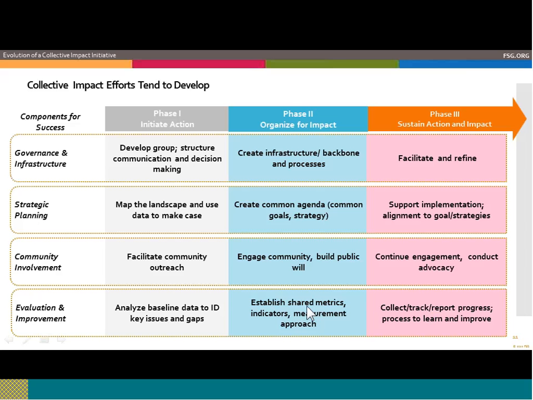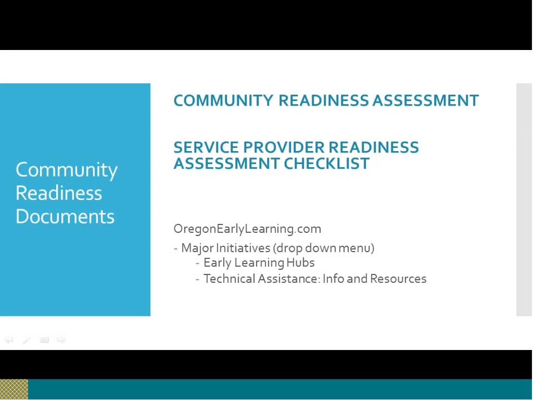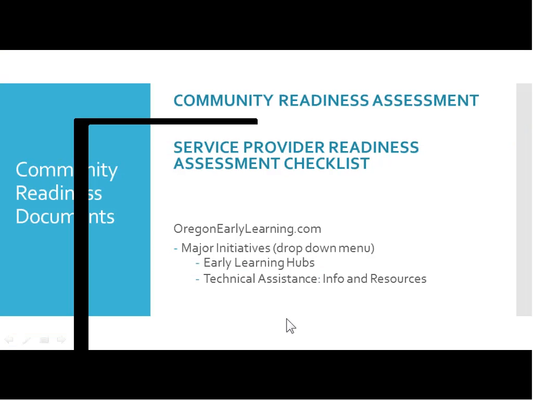So another resource to note are a couple of tools to assess your level of community readiness. One is called the Community Readiness Assessment, and that's to assess your level of readiness as a community and as an emerging early learning hub. The second is the Service Provider Readiness Assessment Checklist, and that's designed to assess the readiness of potential service providers or existing service providers that you would like to contract with or work with through your early learning hub. You may have received this through an email that was recently sent out with a request for letter of interest, but you can also find these documents on the